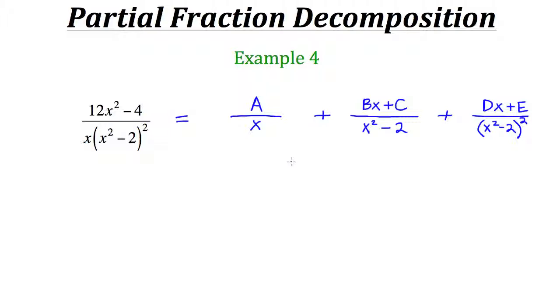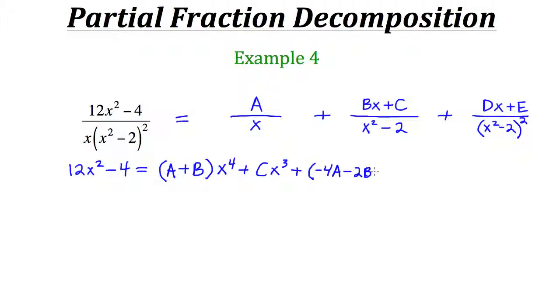And if you did your algebra correctly, you'll end up with 12x squared minus 4 equals (a plus b) times x to the fourth plus c times x cubed plus (negative 4a minus 2b plus d) times x squared plus (negative 2c plus e) times x plus 4a,